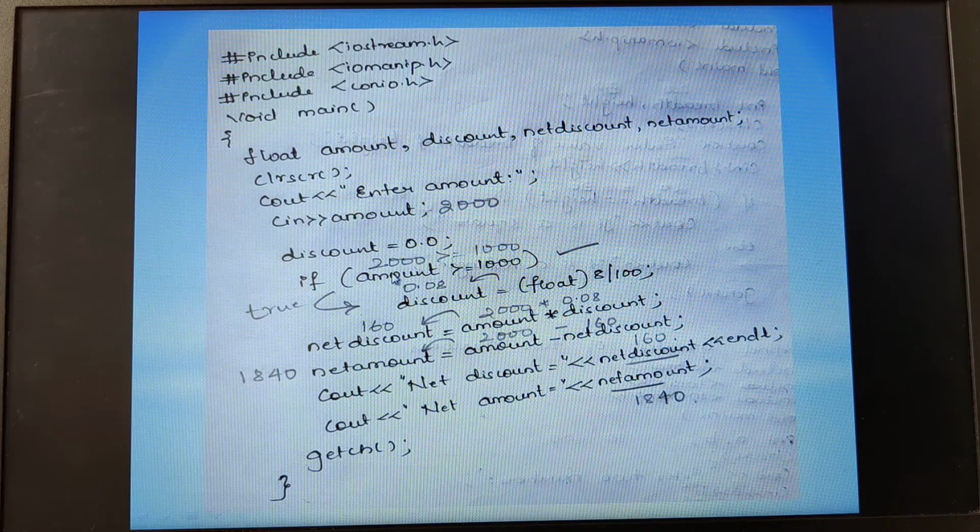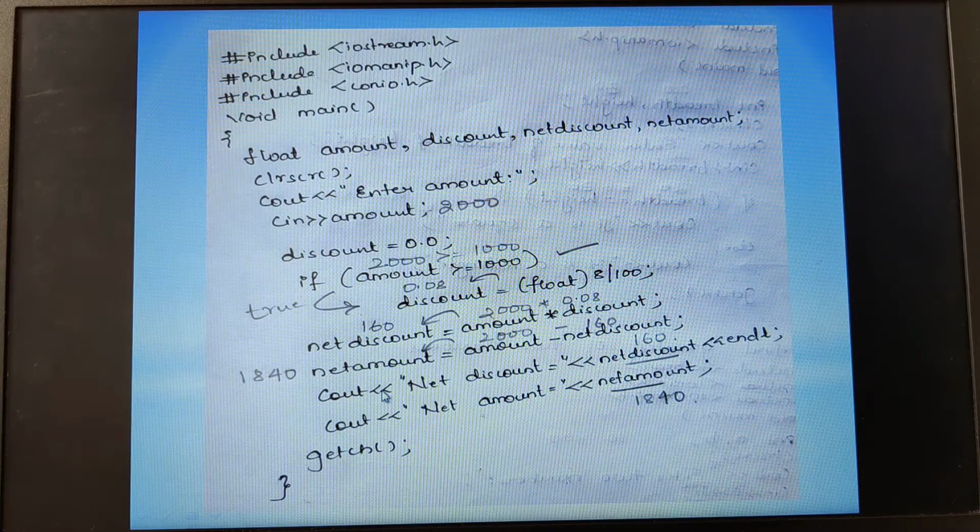I hope you are able to understand. Later I need to deduct this from the main amount, and then I should give it to the shopkeeper. Am I right? So for that I need to write deduct. Amount contains 2000. Am I right? Amount minus the net discount, that means 2000 minus 160. When we do it, we are getting the total net amount as 1840. So you have to pay the shopkeeper 1840. I hope children you are able to understand.